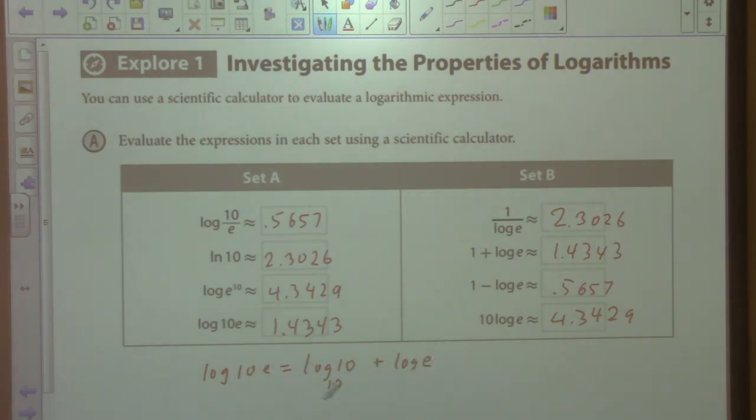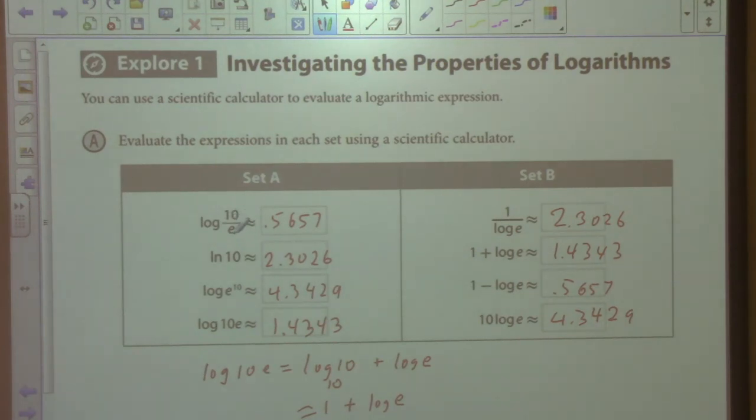Well, according to the properties of logarithms, this log base 10 of 10 is equal to 1. So that's going to be 1 plus log base e, or log of e, which gives you this one right here. So they're various properties, and similarly, this 1 minus log e is going to be this one right up here,